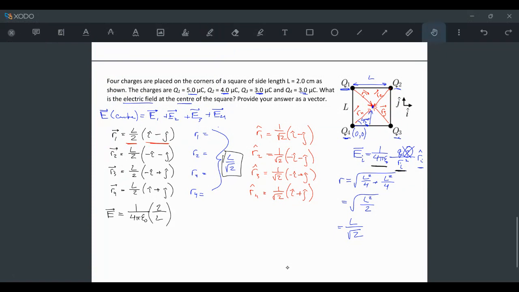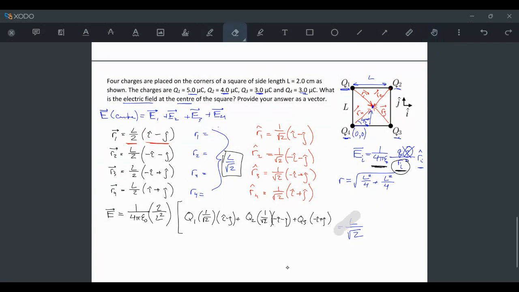That's going to be the charge divided by the square of L over root 2. The square of L over root 2 becomes 2 over L squared. So now we can actually write the rest of this in there. We've dealt with this bit, and what we have left is the charge times the unit vector. So Q1 times 1 over root 2, I hat minus j hat, plus Q2, 1 over root 2, minus I hat minus j hat, Q3 minus I hat plus j hat,